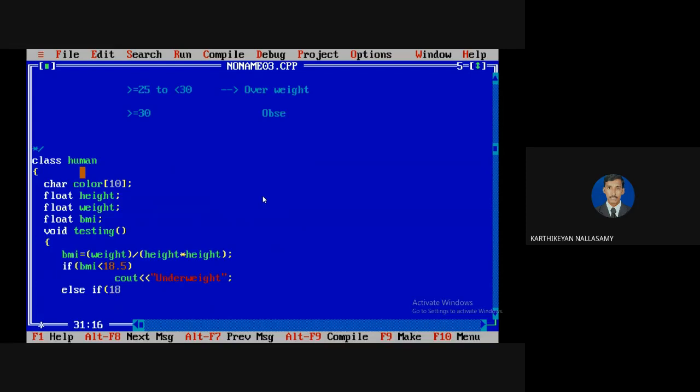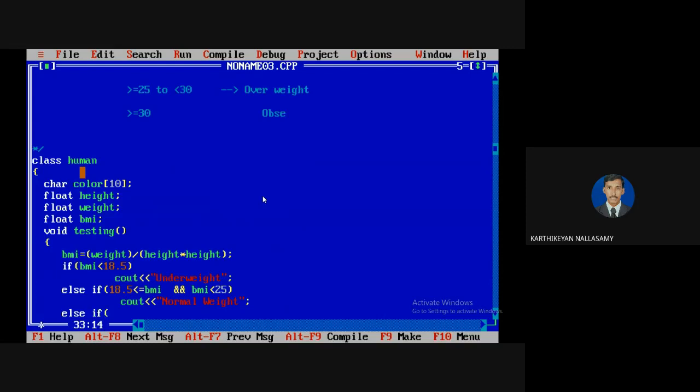That means 18.5 less than or equal to BMI, and the value of the BMI is less than 25. In this category, I'm going to print normal weight, that is, you have a normal fitness.